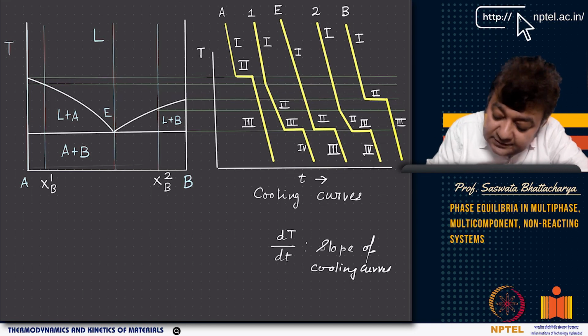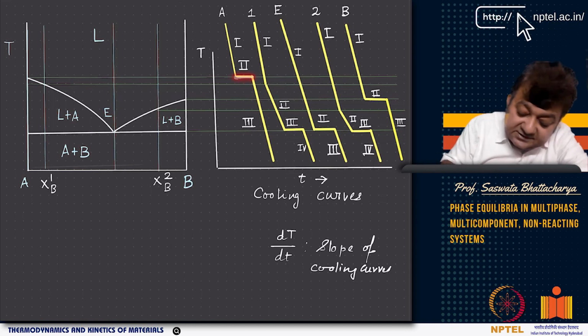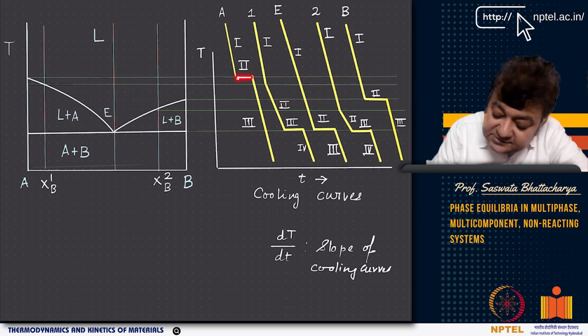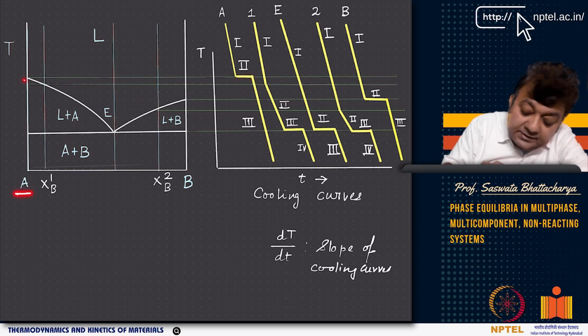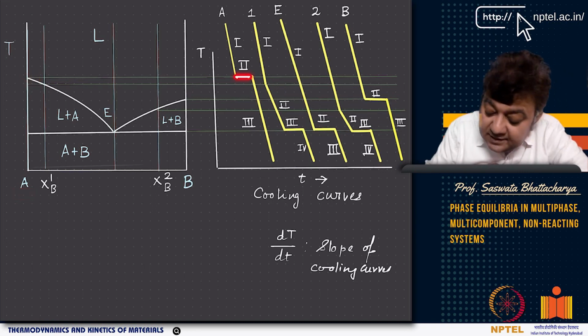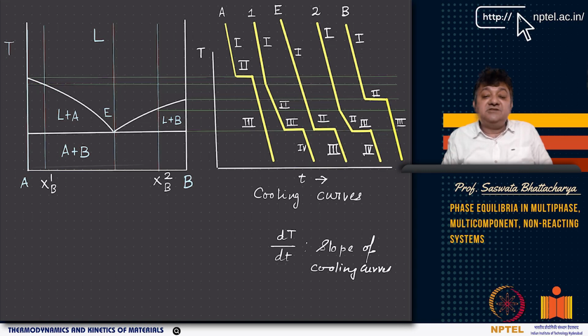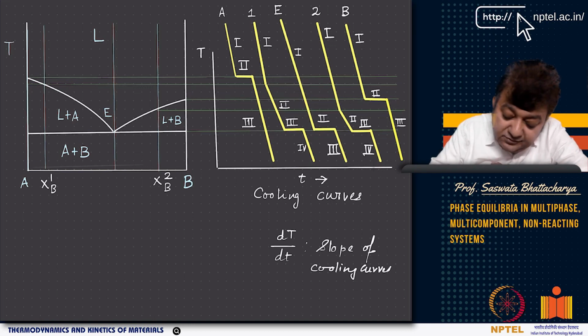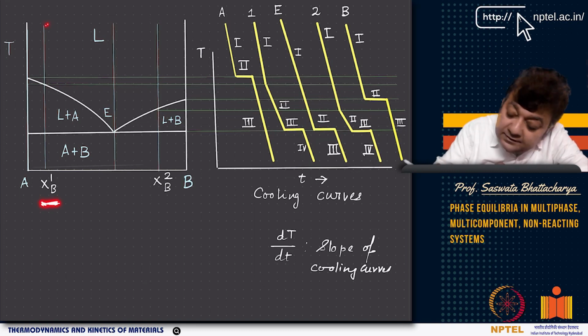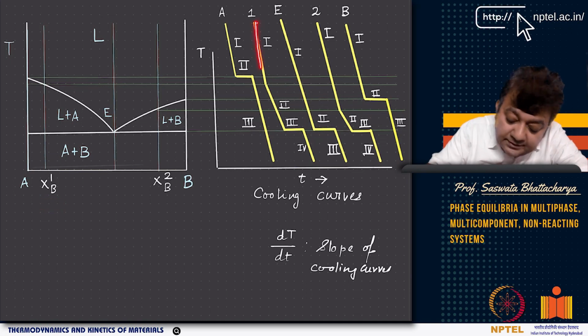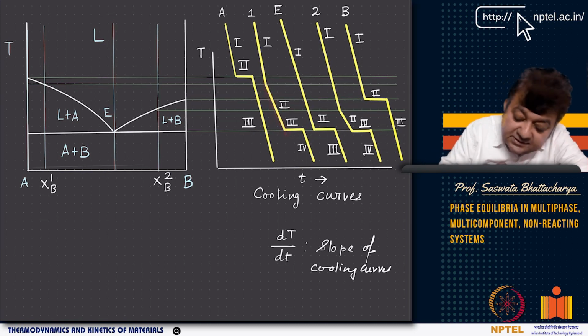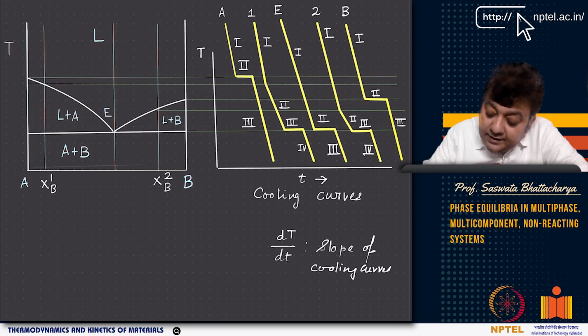As a result, when this transformation takes place, at this stage, part 2 for A is here. When the transformation takes place, it becomes a flat or horizontal region, right? It does not change, because in this region you are releasing latent heat. Now you look at 1. In 1 there is no such thing. If you are looking at this composition in 1, you are looking at this cooling curve. You have one slope here. Now you hit here, and you have another slope that starts, and this is because there is a precipitation of A. Right, and then again 3.